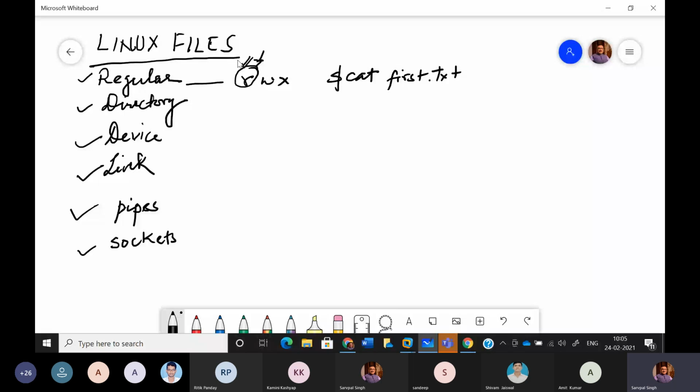So just try to understand what the meaning of reading is, and that applies to reading in context to user, reading in context to group members, and reading in context to others. For everyone the meaning is the same. The difference is that if you are in the group or in others, then it means, for example, that if I actually created first.txt,